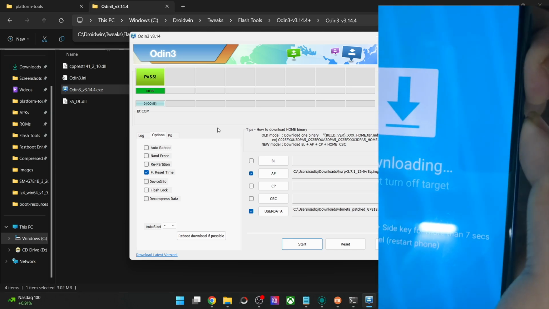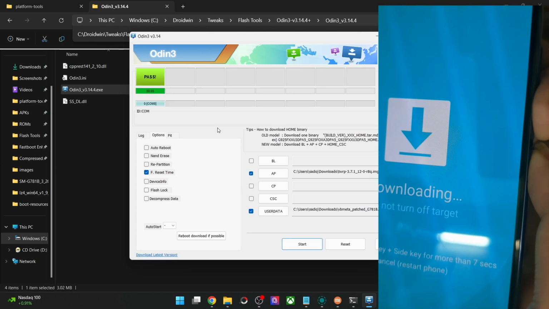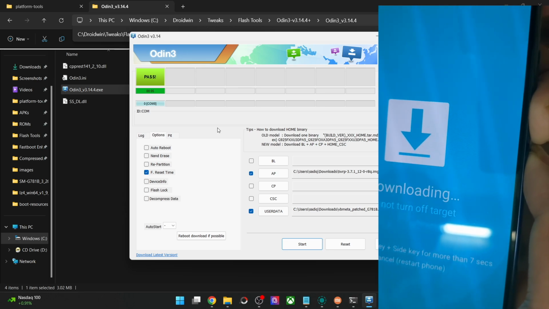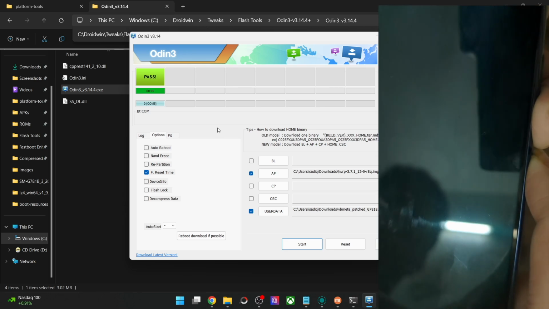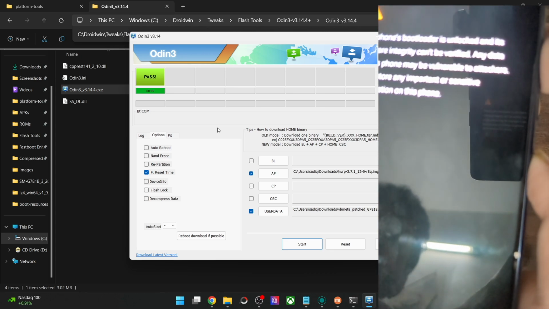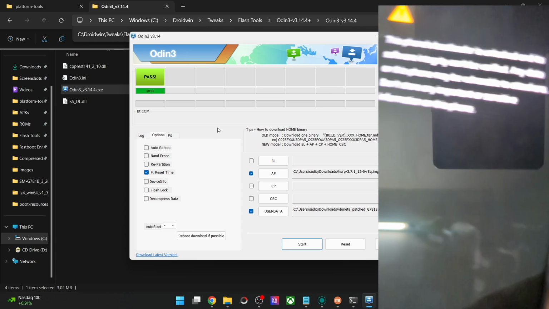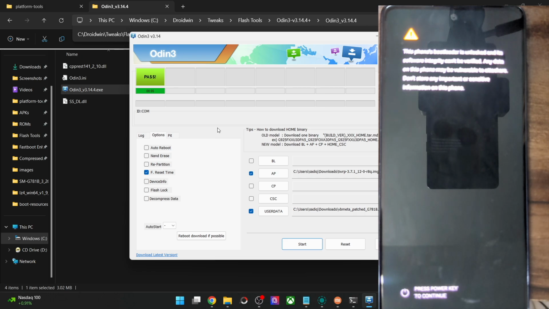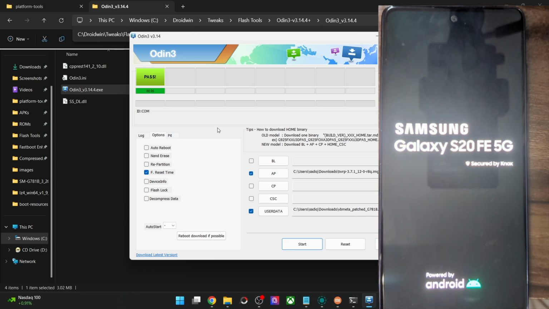So press and hold the power and the volume down keys for around 7 to 8 seconds and wait for the phone to get powered off. So let's just wait for that to happen. And once that happens, press and hold the power and the volume up keys for around 5 to 6 seconds. And you may then let go of both the keys. And now if everything was done well and good, then your phone should boot to the recovery mode, or else it will boot to the stock recovery or the OS. But if your flash is successful, then it should boot to the TWRP recovery.